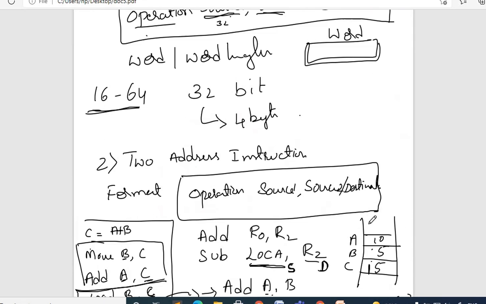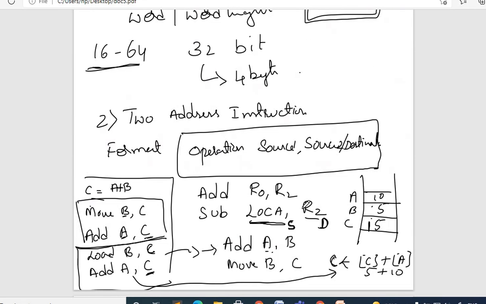So here, the limitation with respect to two address instruction is that, even though it is a two address instruction, it will not normally fit into one word length. Because whatever operands you are specifying, if both operands are memory locations, the address size matters. If it is a register, there is no issue because the length of the register is limited.